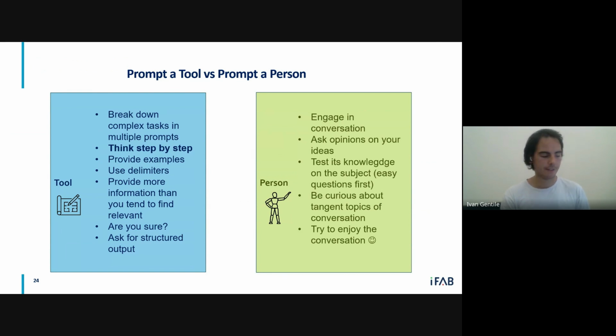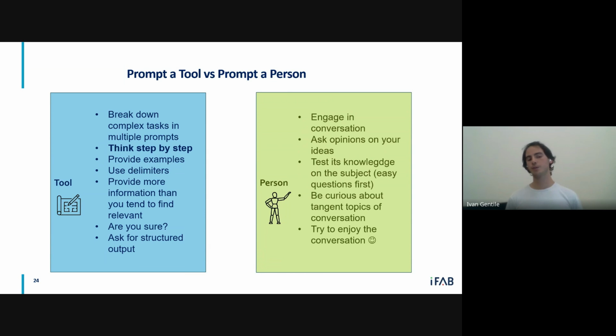All right, so we have these general techniques that can be used for prompting. What I want to pass on is this kind of split view that we should have, or can have, when we interact with ChatGPT, Claude, whatever LLM you're using, in order to improve the quality of the responses we get. This basically means having both a vision of it as a tool, but also trying to prompt a person. This is because we need to know that essentially GPT is a tool,